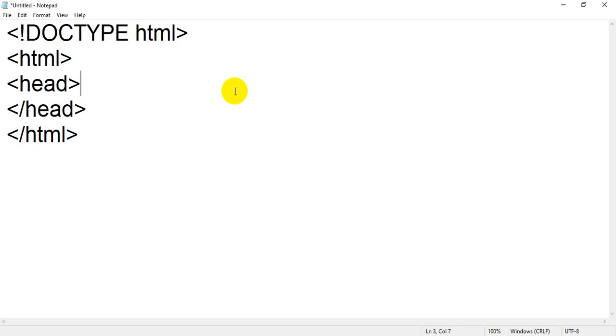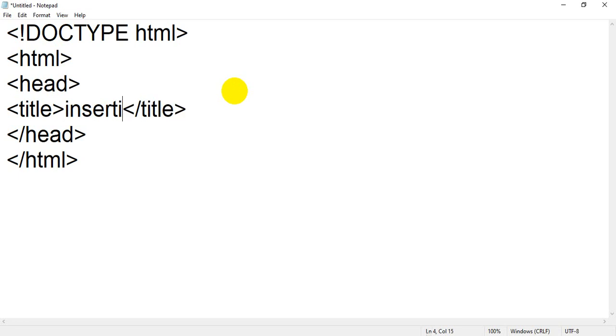Then it's up to you whether you want to add a title tag, so you can add title and closing title. Between these two tags you can add insertion of video. So you have added insertion of video as the title.